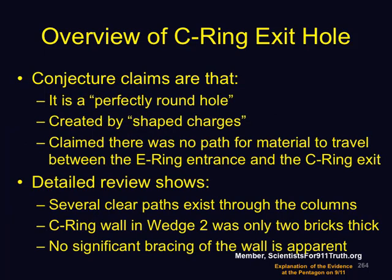Conjecture claims are that it is a perfectly round hole, it was created by shape charges, and there was no path for material to travel between the E-ring entrance hole and the C-ring exit hole. However, detailed review shows that several clear paths do exist through the columns. Furthermore, the C-ring wall in wedge 2 was only 2 bricks thick